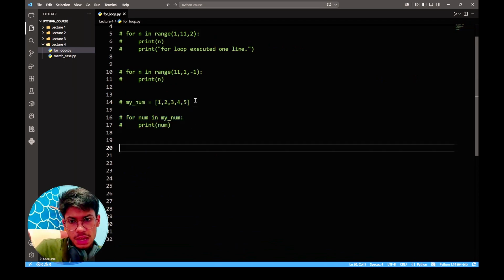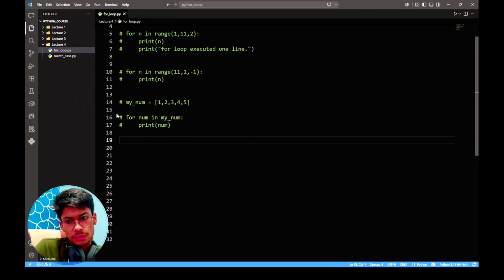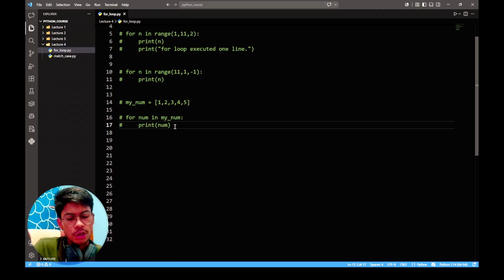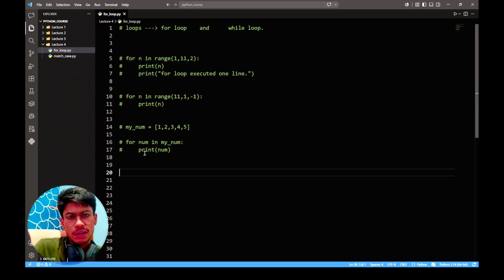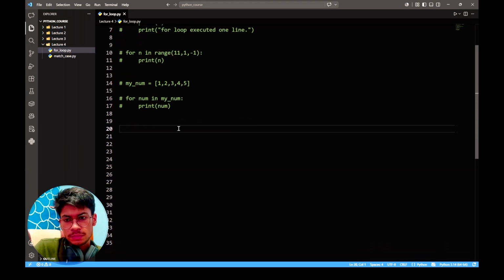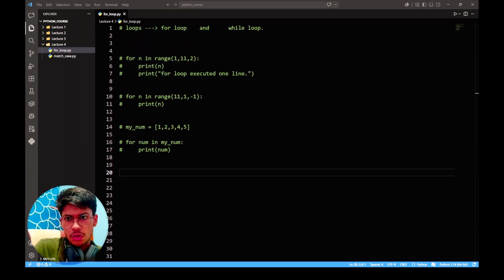I have illustrated using lists only, but you can use other data types for iterating with a for loop. You can, for example, use a dictionary to iterate in a for loop. You will just have to use two variables, one for the key and one for the value of that key. But we will be skipping this part, and we will discuss it when we discuss dictionaries in our tutorial. So this was almost everything that had to be covered in Python